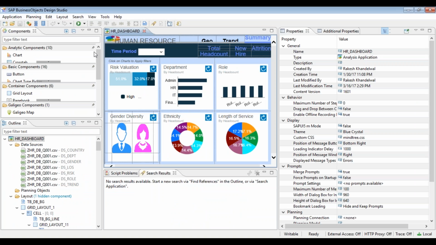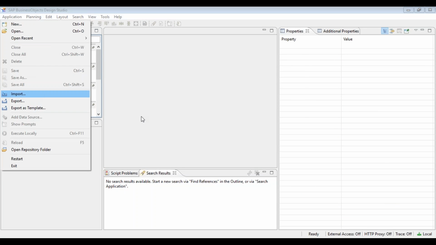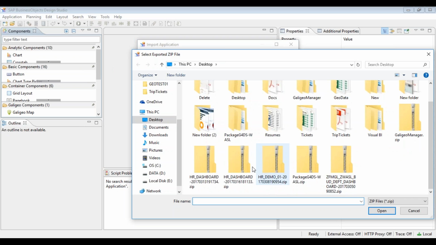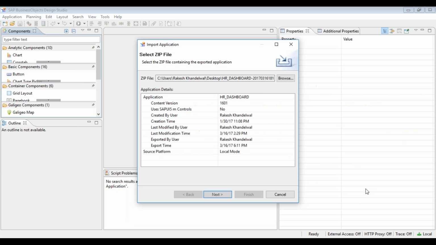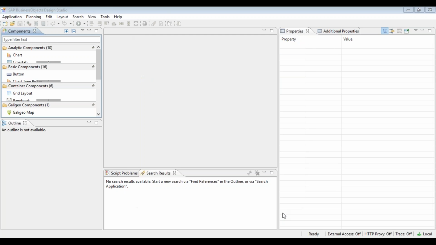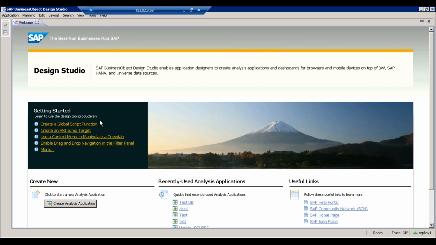Let's assume that you are connected to BI platform mode. So what you will do is click on import, select the zip file, click on open, then it will give you the application information: who created it, when it was created, what time it was modified, what the export time was, and what the source is, whether it was local, from BI platform, or from NetWeaver platform. Then with what name you want to save the application on platform. If you are connected to platform, then you need to give a